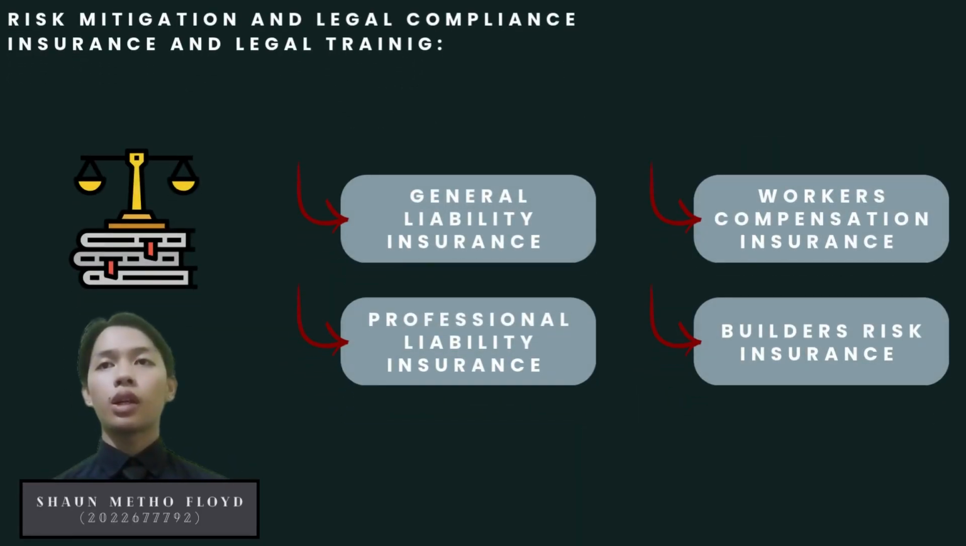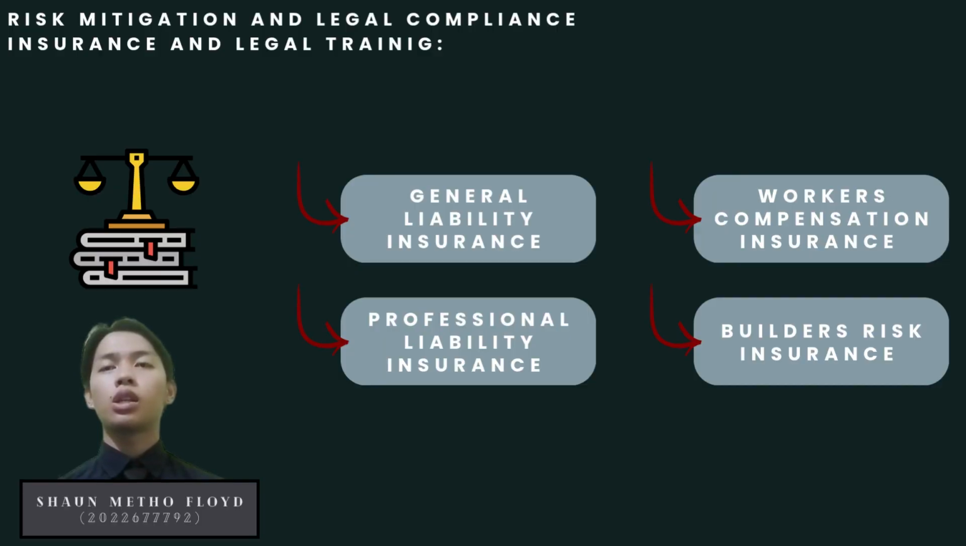Insurance and legal planning. Even with good safety and training, accidents can still happen on the construction site. That's why insurance and legal planning are very important. One key type of insurance is general liability insurance. It covers third-party injuries or damage. For example, if a tool falls and injures someone or a crane damages nearby property, this helps protect the company from